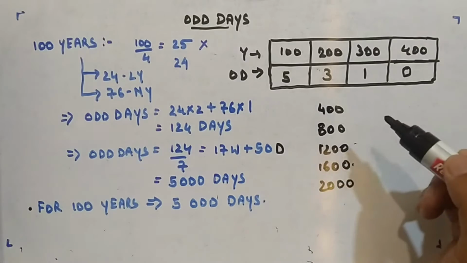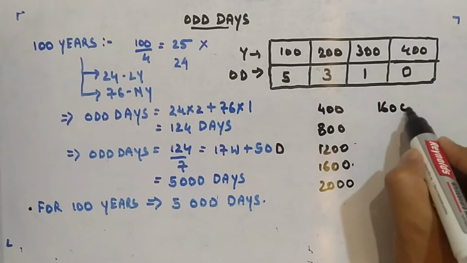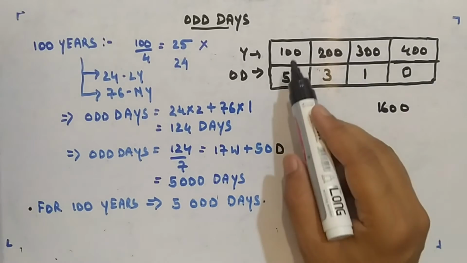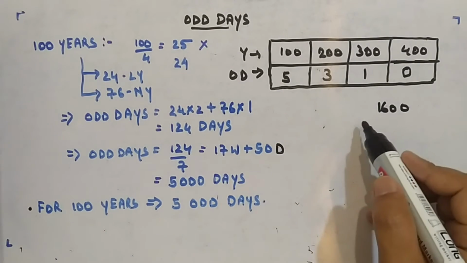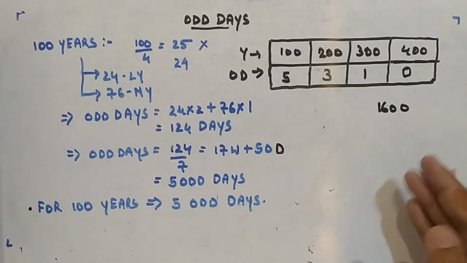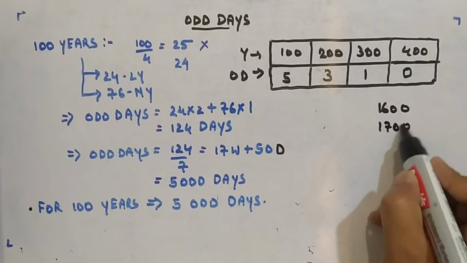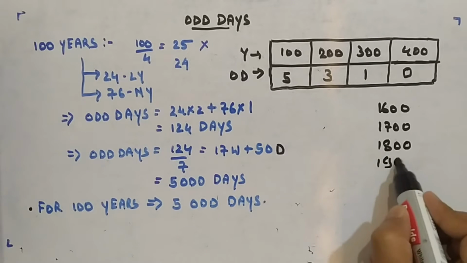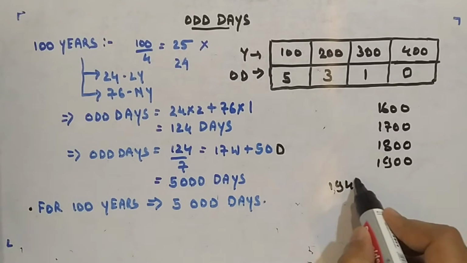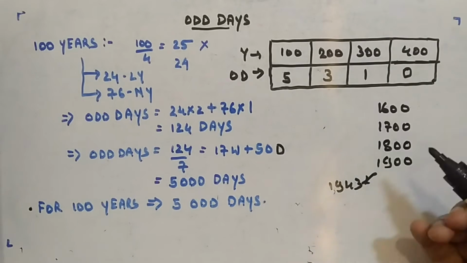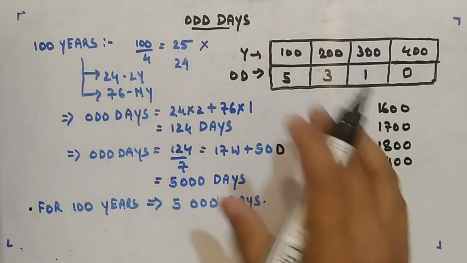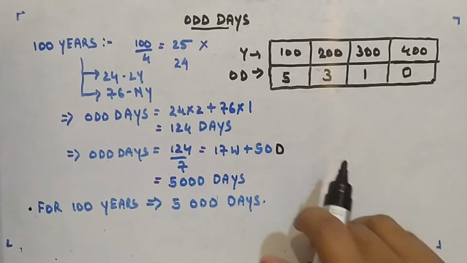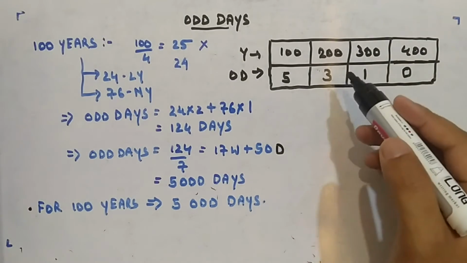So I'll be using this, and then let's say you have reached 1600, then what I'll do is run a for loop which will iterate in hundreds. So it will go to 1700, then 1800, and finally stop at 1900, because that's the closest to this. Okay, so I'll do the calculation, but first I wanted to give you a glimpse of why we are going for this odd day, and why this table is very important.